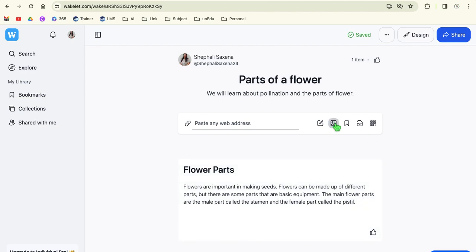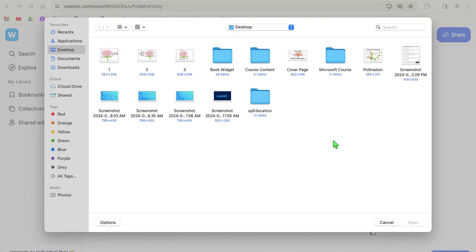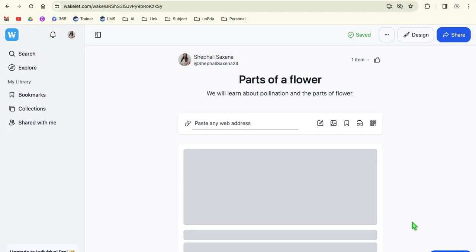I'll just go to the image icon here. You can upload an image from your device. You can design it in Canva directly. You can choose a GIF also. You can use Unsplash and use free images from there. I have already taken screenshots of the images, so I'll use those. I'll click on upload an image here and select one image, open,